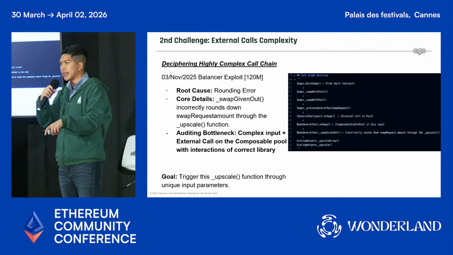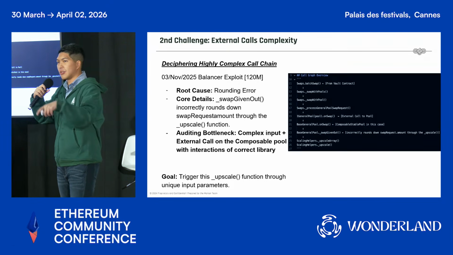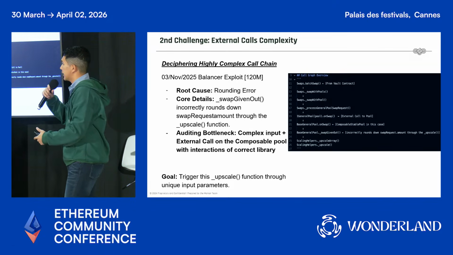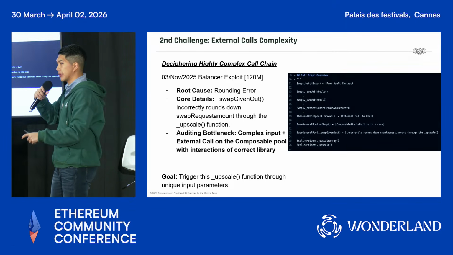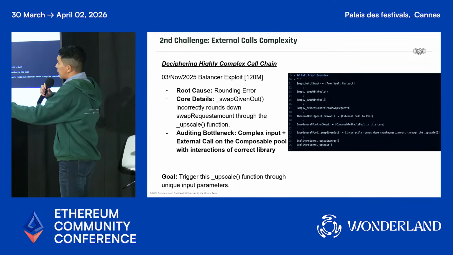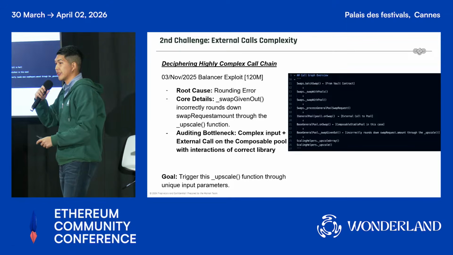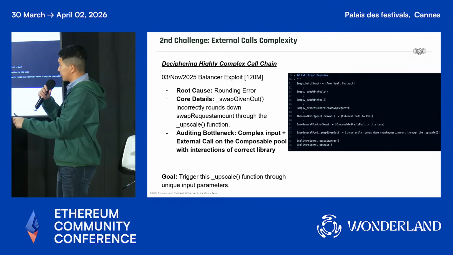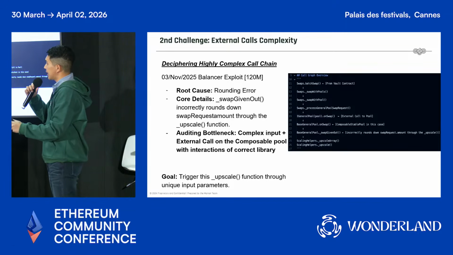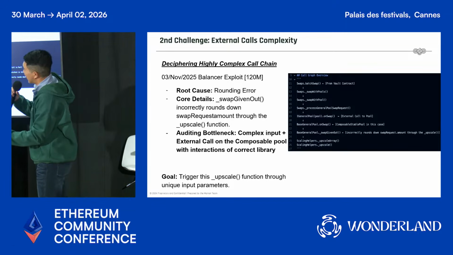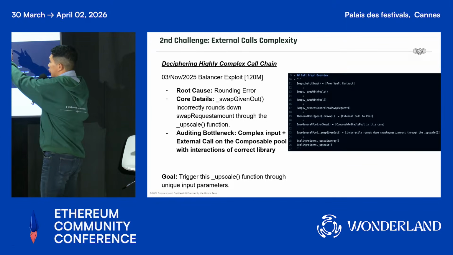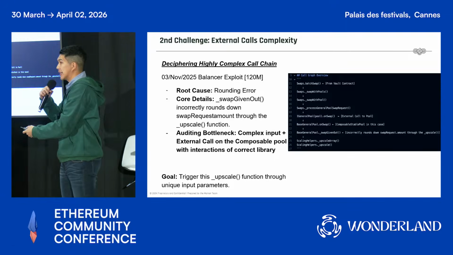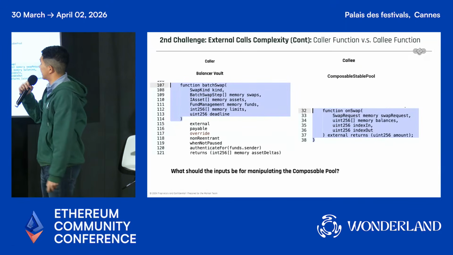They would design their mechanism in a way that having so many different addresses. So last year we got the Balancer hack. Balancer designed it in a way that the vault contract keeps the money. They make an external call to their pool contract for the calculation. So in that sense, for automatic fuzzing or automatic checking, we have to be able to identify the relationship between the core contract and then the callee external contract. This is another complexity.